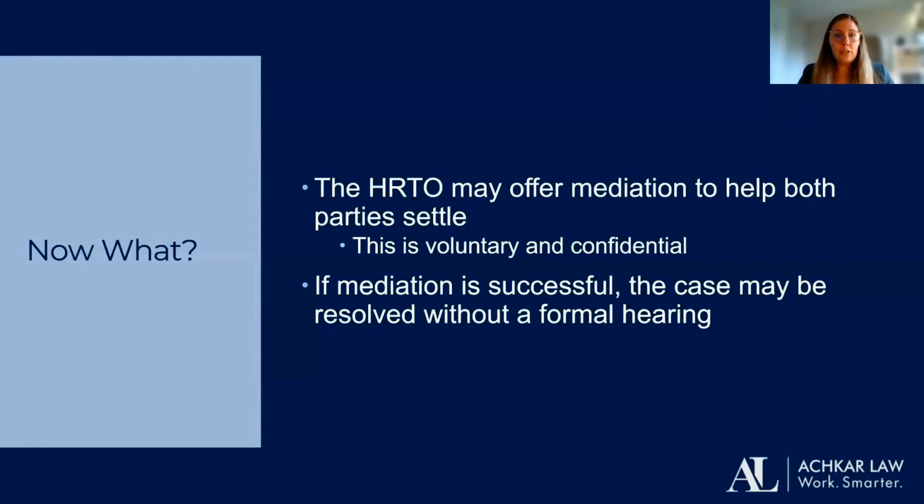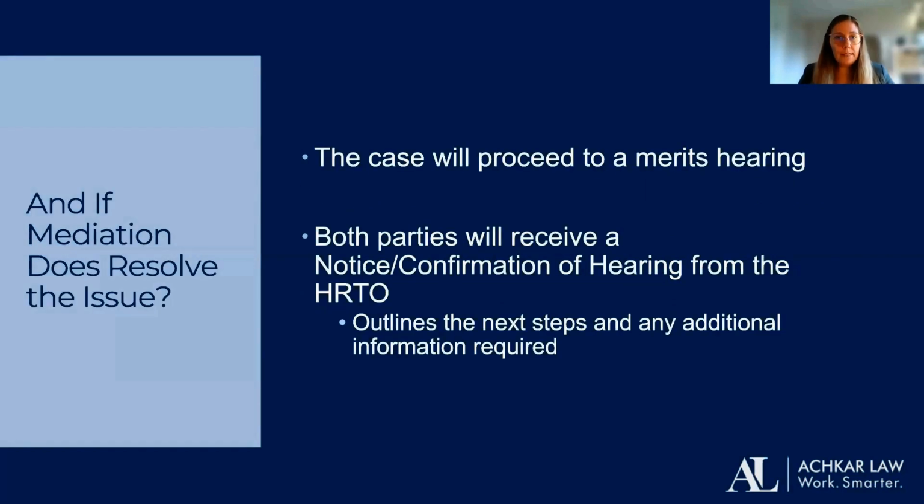If mediation is not successful, the mediator will notify the tribunal that the parties did not come to a settlement, and they will put your matter in the queue to get a merits hearing date. So what happens at the merits hearing? So you're going to go to mediation, and unfortunately, if you're not successful, the mediator is going to notify the tribunal, and the tribunal is then going to send the parties at some point either a notice or confirmation of hearing. The notice and or confirmation of hearing is a letter.